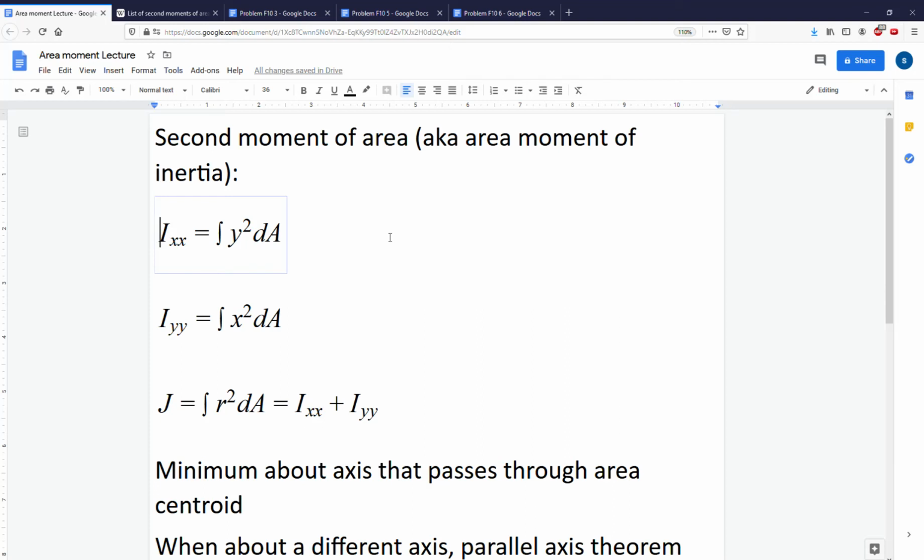Today we are going to be talking about the moment of inertia. But first, some pedantry. We are not going to be talking about the moment of inertia. We are going to be talking about the second moment of area. We often call it the moment of inertia, or maybe the moment of inertia of area, because the way we